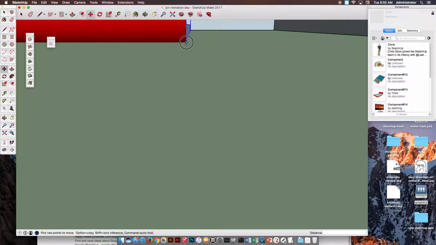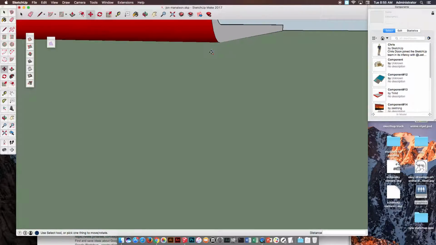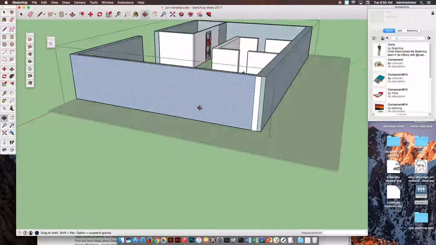You can always go to this edge. You should be able to pull down on it. Just make sure that it's flat and that it's on the surface. That looks like it's pretty darn close, okay? As long as there's that, you should be fine. I'm going to zoom back out. Okay, so